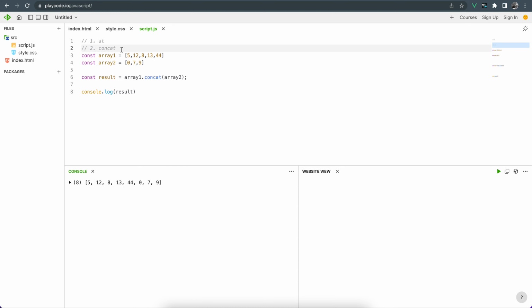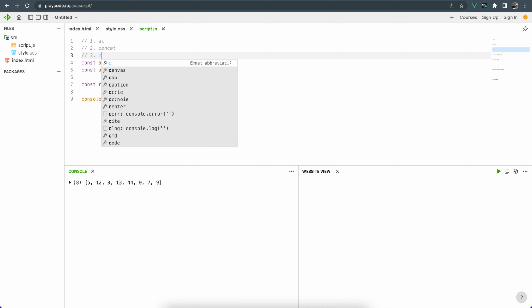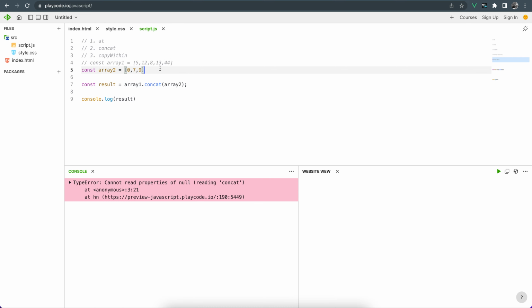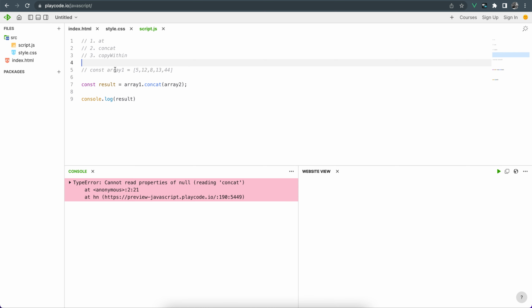Let's check out the other method, method number 3. Just giving them numbers the way we go. So let's check on copyWithin. So what does this copyWithin do? For example, assume I have an array here. Just comment these two. Assuming I'm having an array here, an array of